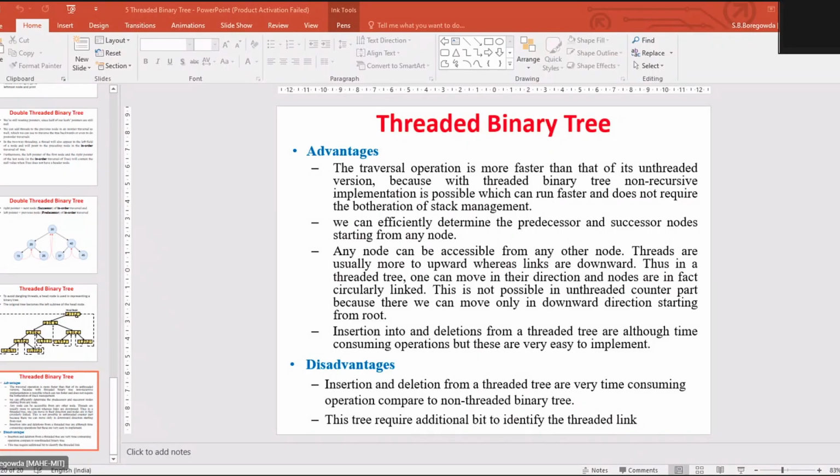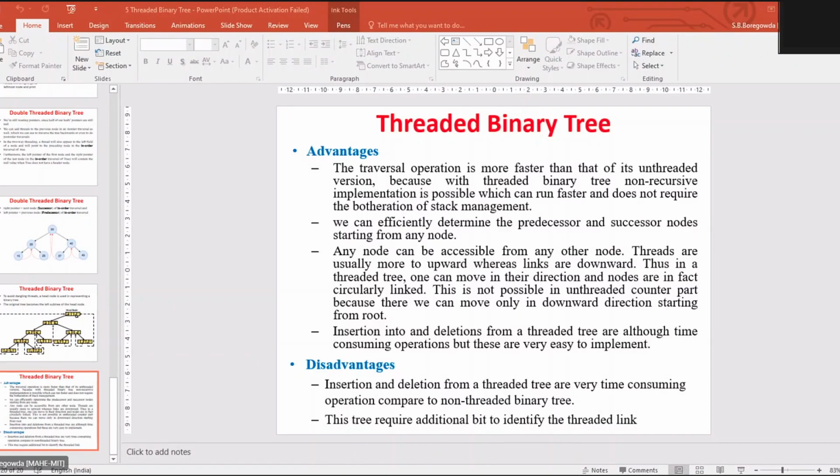Suppose you are going to delete the root node. After deletion, you need to ensure that the resultant heap tree retains the max property. The same thing goes for the min tree also. In case of a min tree, we look at the parent value, whose value is less than its child values. So this is about the min heap as well as the max heap.